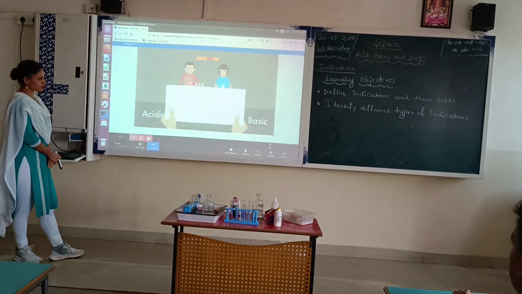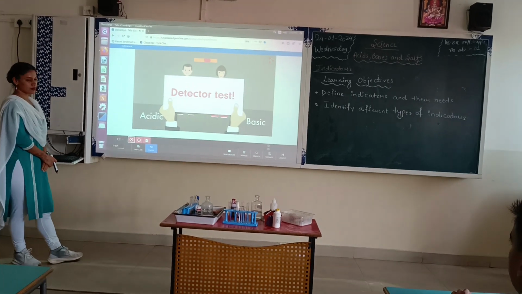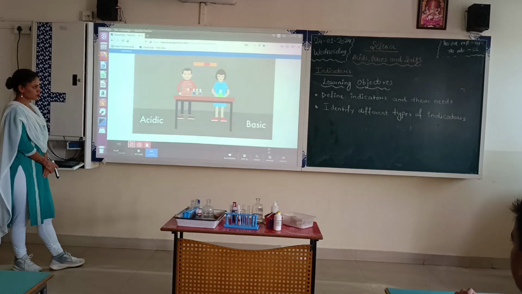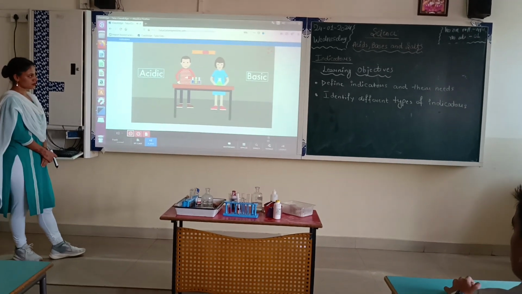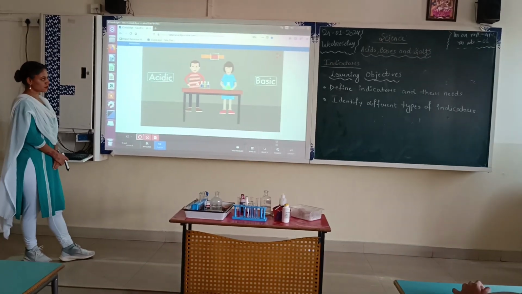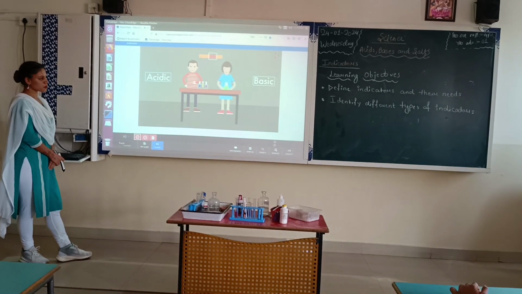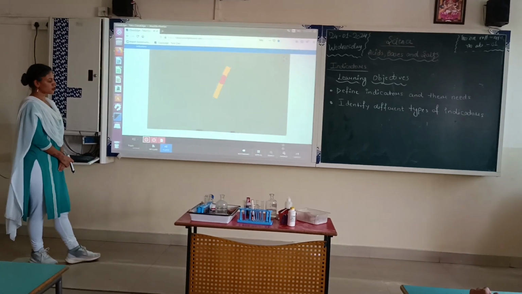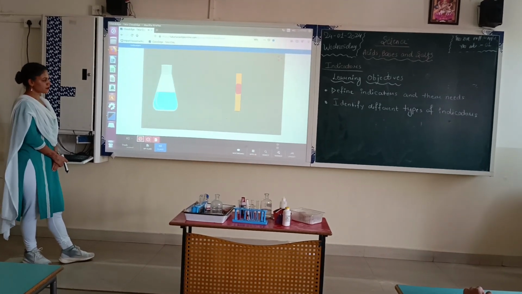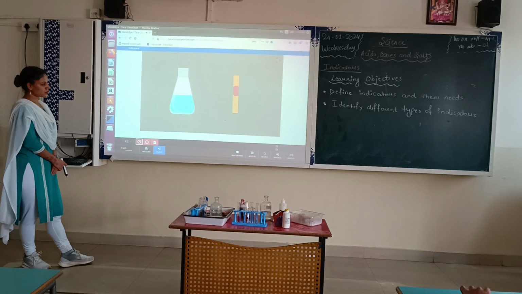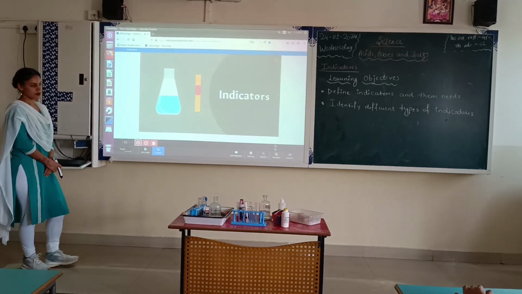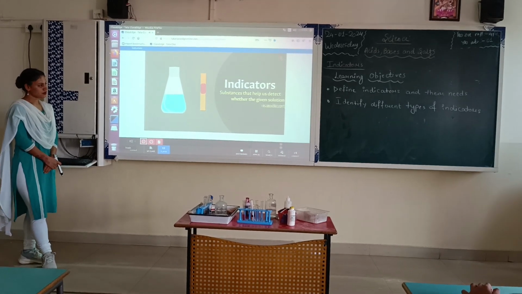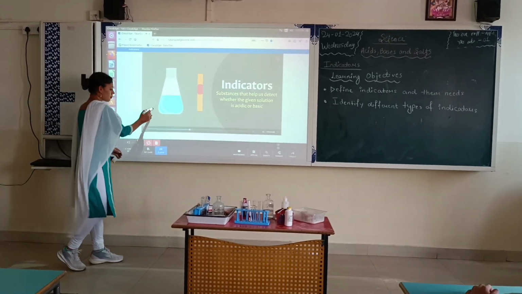The teacher returned and explained that the two had performed one of the detector tests. They were supposed to detect whether the solutions given are acidic or basic. And since the yellow paper changed color and turned red, it indicated that one solution was tested. But how does this paper tell us the nature of this solution? Do you remember understanding the concept of indicators in the previous video? These are nothing but substances that help us detect whether the given solution